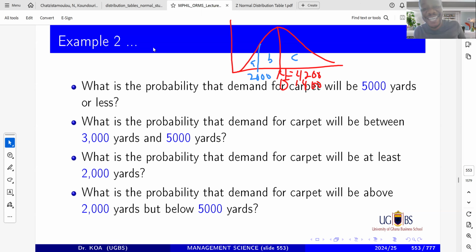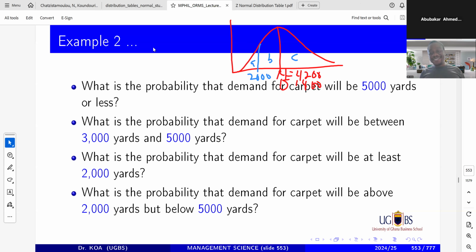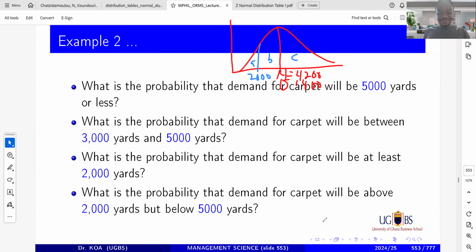Oh my goodness, this is interesting. You guys, today I've slowed down, and yet some are kidding me. How can it be A, B, and C, when A, B, and C will give you 100%? Yes, Abu Bakar. All right, so it's supposed to be B and C, at least 2,000.